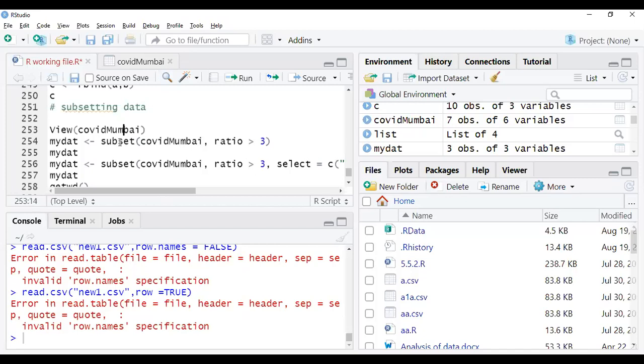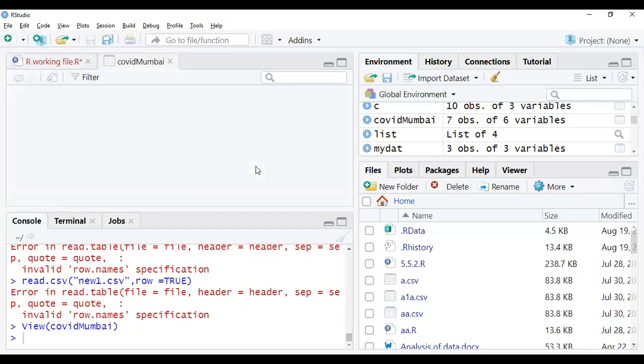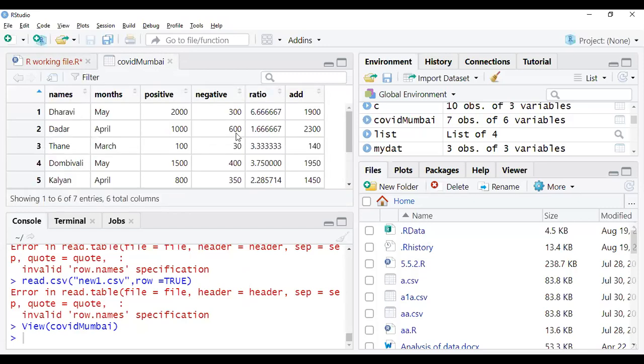Now I'm interested here in subsetting the data. This is the view of the COVID data, which we created in the last-to-last class. In this, you can see 1, 2, 3, 4 is there by default.